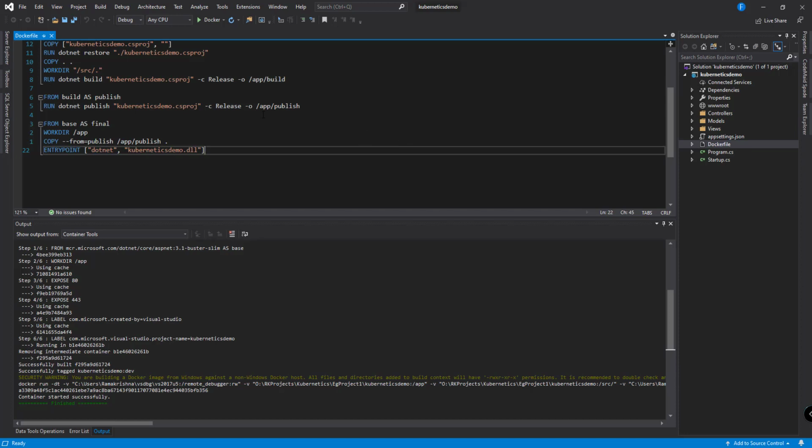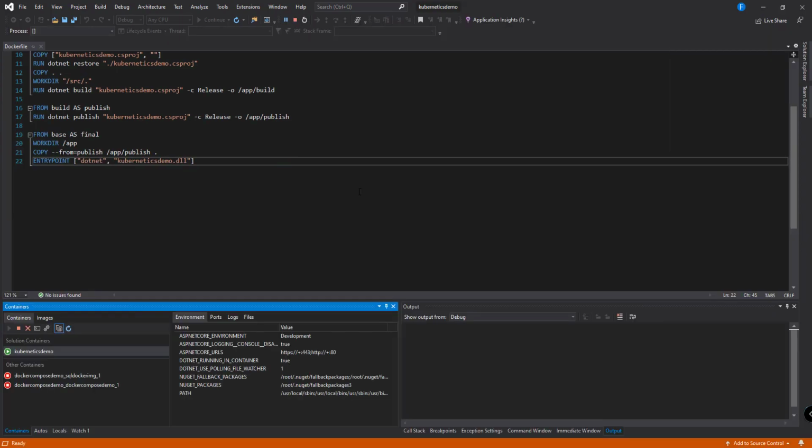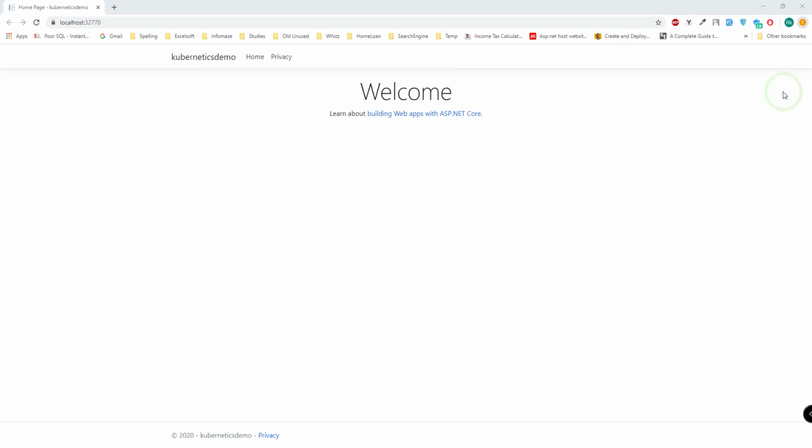Let us verify that our .NET Core Docker image is running successfully through Visual Studio. So as you can see, our application is running successfully.